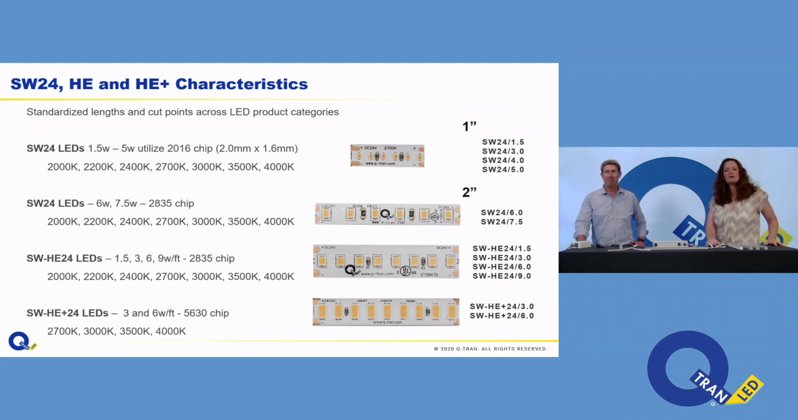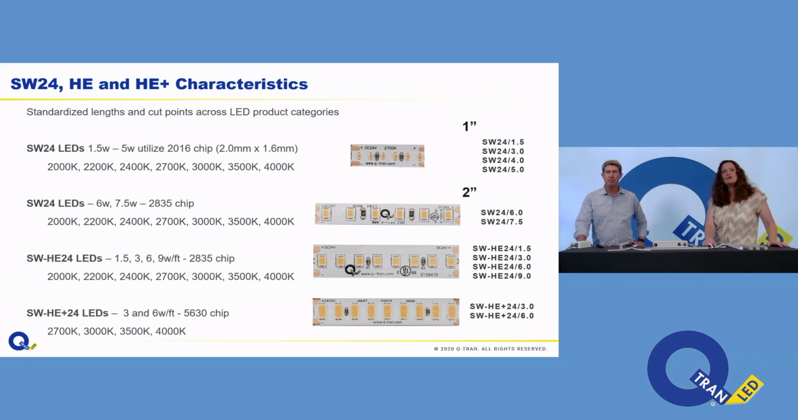So we have our static white 24 line, our static white high efficacy, and our static white high efficacy plus. You can see the characteristics that are consistent across are the color temperatures offered, not in HE plus. We have a tighter range of those. We talk about the chip because the chip sort of impacts the spacing and the delivered lumens in a lot